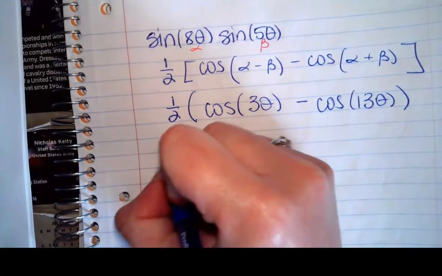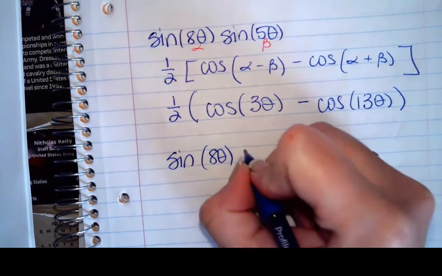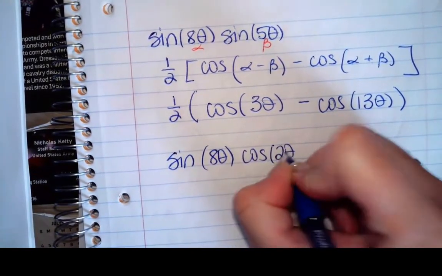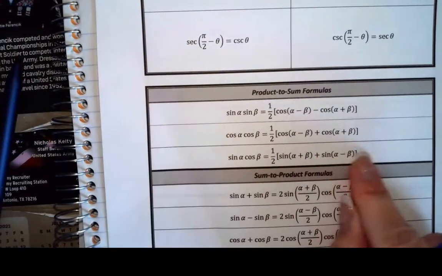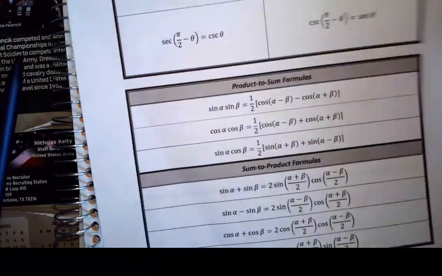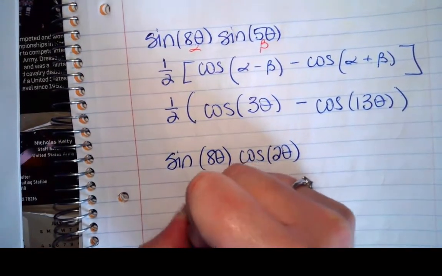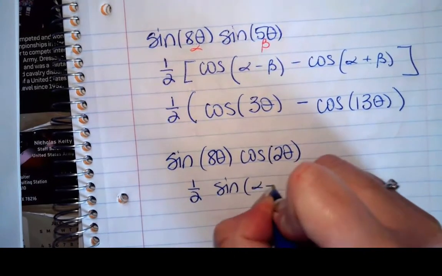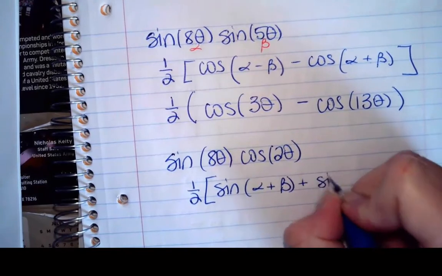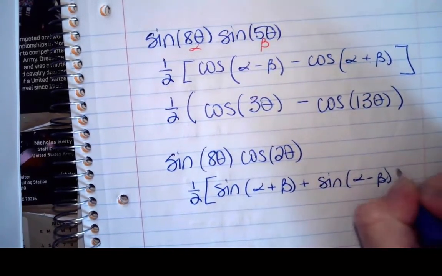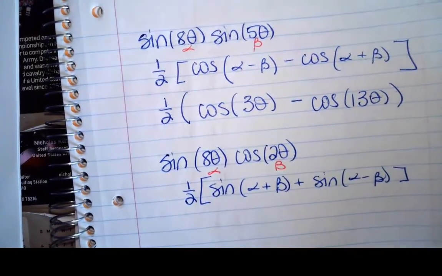We've got the sine of 8 theta times the cosine of 2 theta. So again, I'm going to look for sine alpha, cosine beta, and use this formula. So that gives me 1/2 times the sine of alpha plus beta plus the sine of alpha minus beta. So if this is my alpha and if this is my beta,